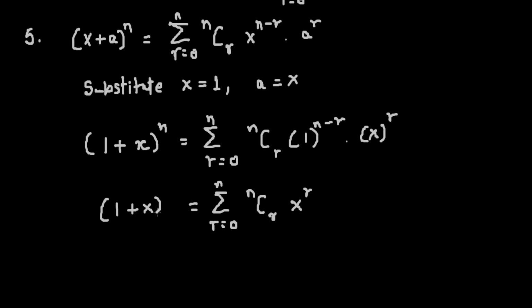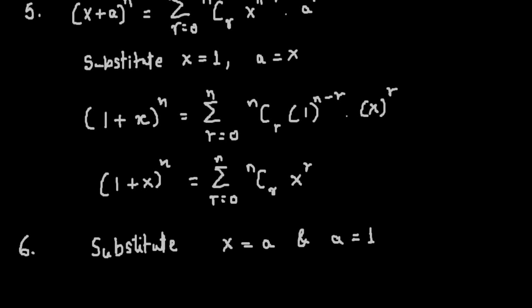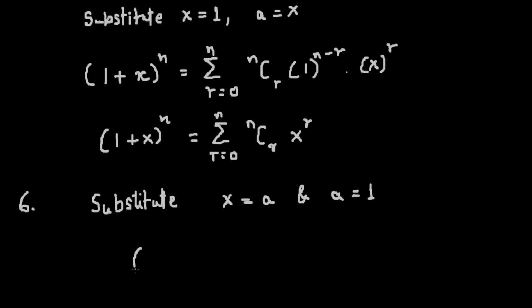Okay, so this is my conclusion. Now conclusion number 6 is quite similar to conclusion number 5. All we're going to do is juggle the values in such a way that now we're considering x is equal to a and a is equal to 1. So that should give us, so it was x plus a, so now we'll have